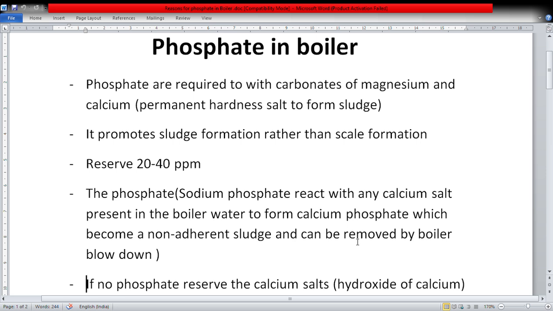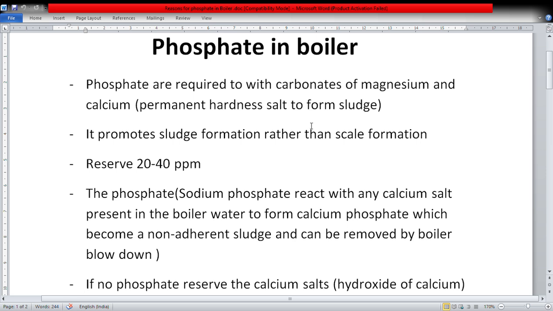The magnesium silicate formed in a precipitating program is not particularly adherent. However, it contributes to deposit buildup along with other contaminants. So we are adding phosphate in boiler water. Phosphate is required to react with carbonates of magnesium and calcium, the permanent hardness salts, to form sludge. They form sludge, compared to if there is no phosphate available, then what is happening